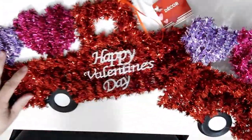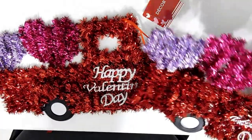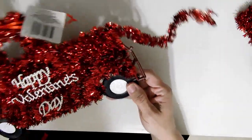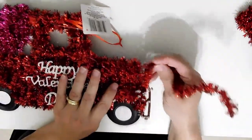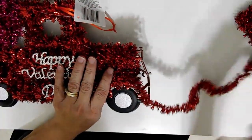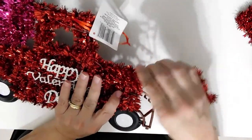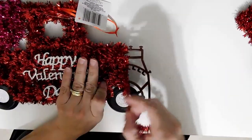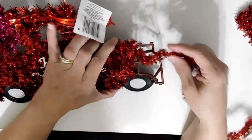I am going to be making 2 Valentine's DIYs with mostly things from the Dollar Tree. I'm going to start with this cute little red truck and start taking the tinsel off of it. As you can see, I've already started. You just very easily unwrap it. It is twisted around those little nubs that are all over the truck, and so I'm just untwisting the tinsel